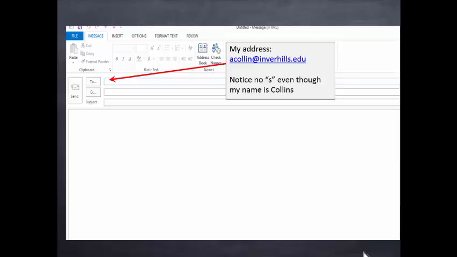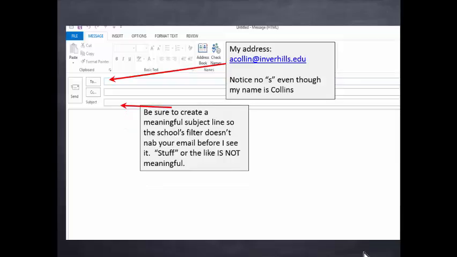But the point is that you've got to know which address you're writing to. And if you don't hear from me, that might be one reason why I'm not getting your emails. Other things, be sure to create a meaningful subject line so the school's filter doesn't nab your email before I even see it. Sometimes people will leave it blank. It's just too much of a hassle. You've got to have something in the subject line that is meaningful, and stuff does not qualify. Stuff or any of its synonyms, like hey,